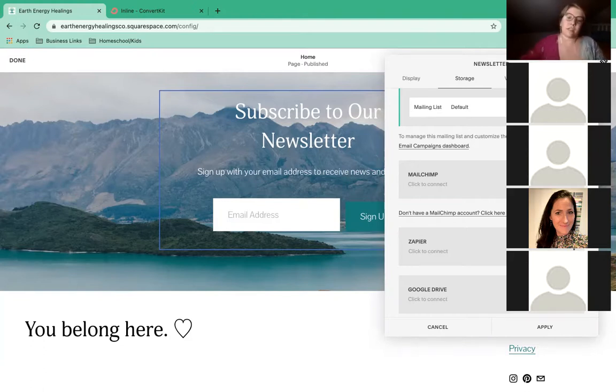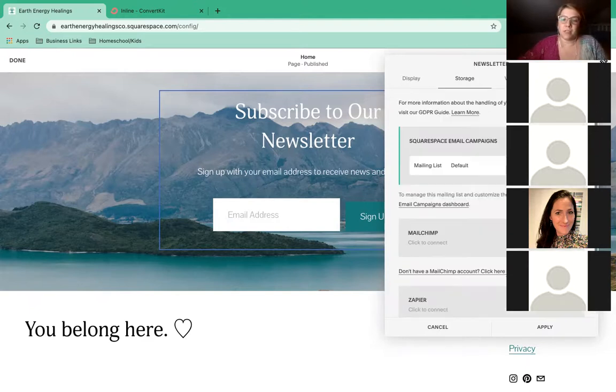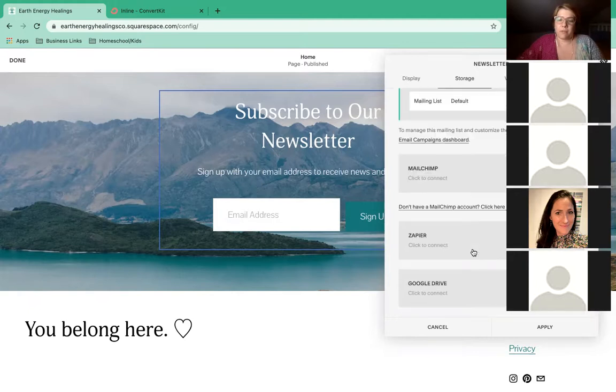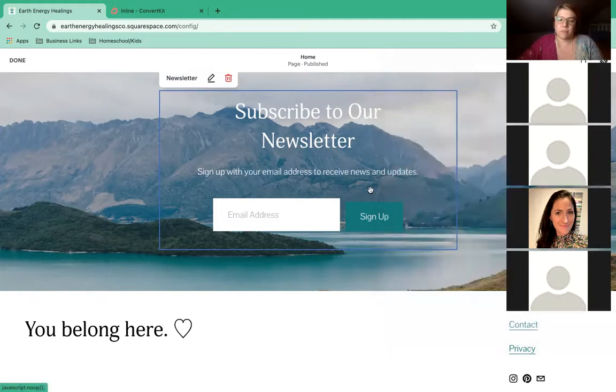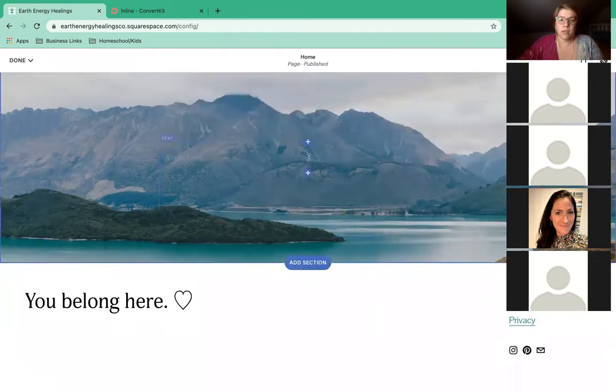that's a whole other step of technicality. And so we're going to do something a little bit different. Squarespace's email campaigns isn't free, and MailChimp, I don't know how much. I think they probably have a free account, but we're just going to delete this. Move this block. And then what you could do here is, let's see,